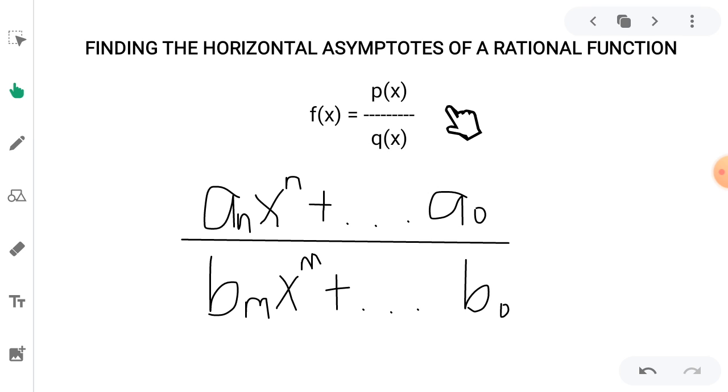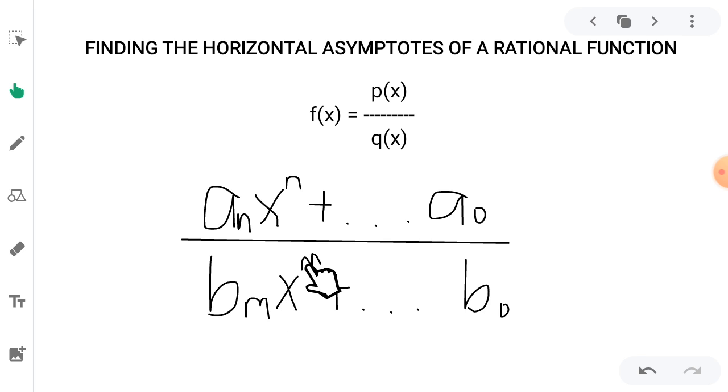Dito sa ating rational function ay pwede din natin siyang isulat sa way na ito: a sub n x raised to n plus and so on to the constant, over b sub m